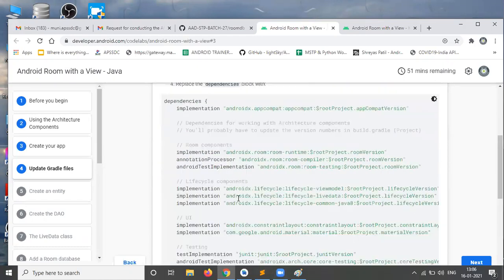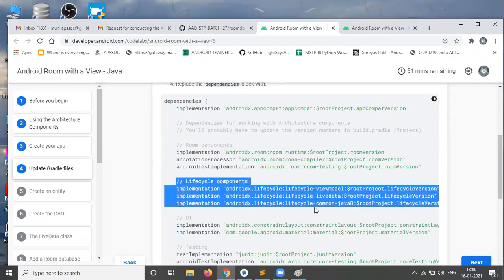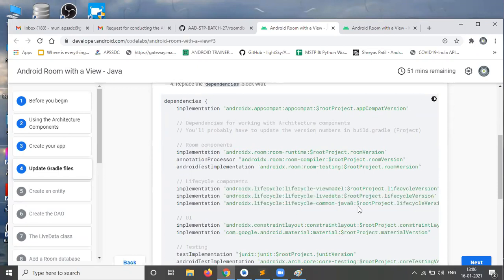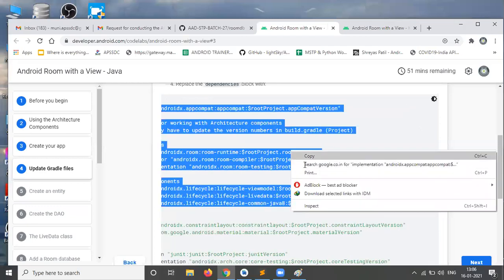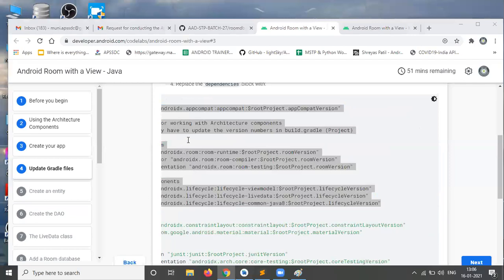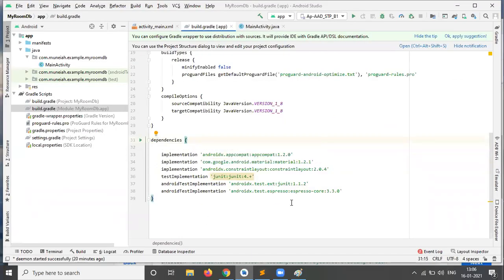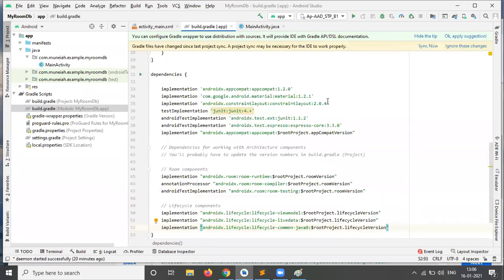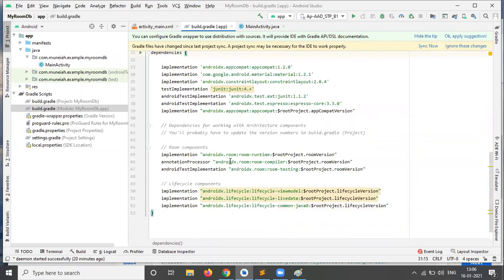Up to the lifecycle components, I don't need to take any UI part. Okay, these things we need to add. You can just copy these and come to our Android Studio. Inside the dependencies block, we need to paste it.